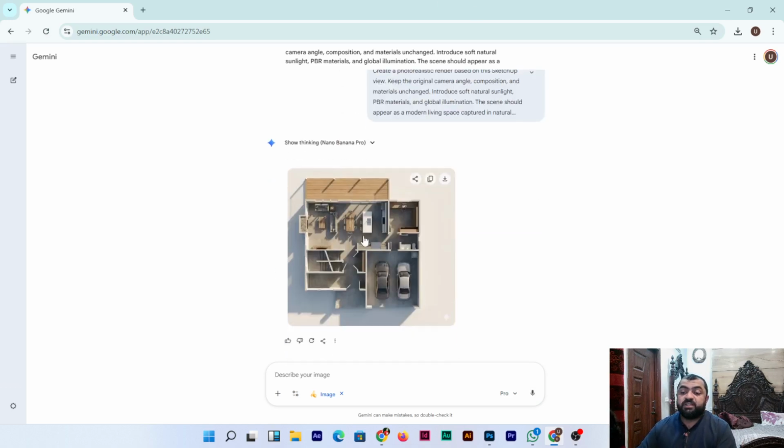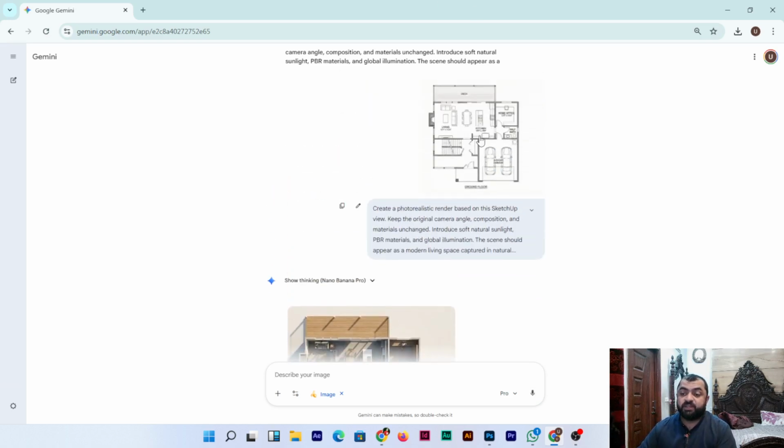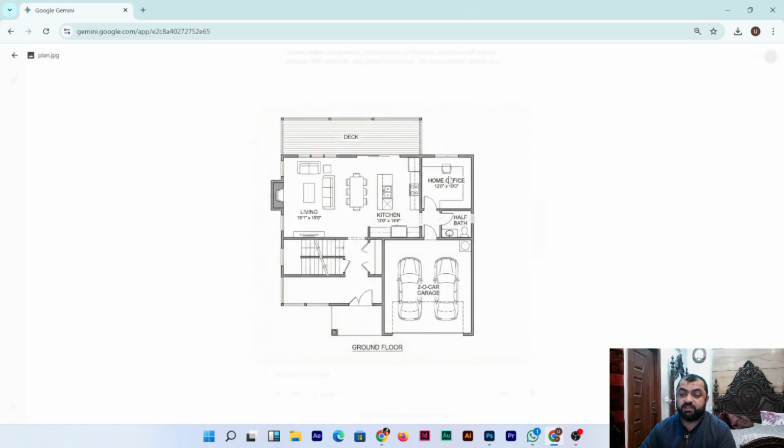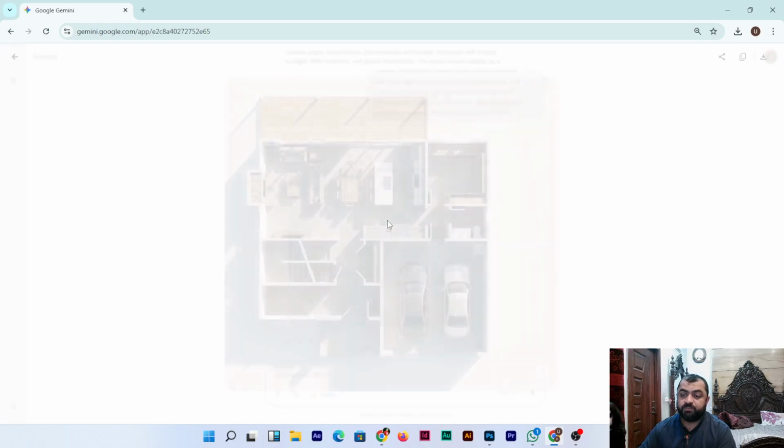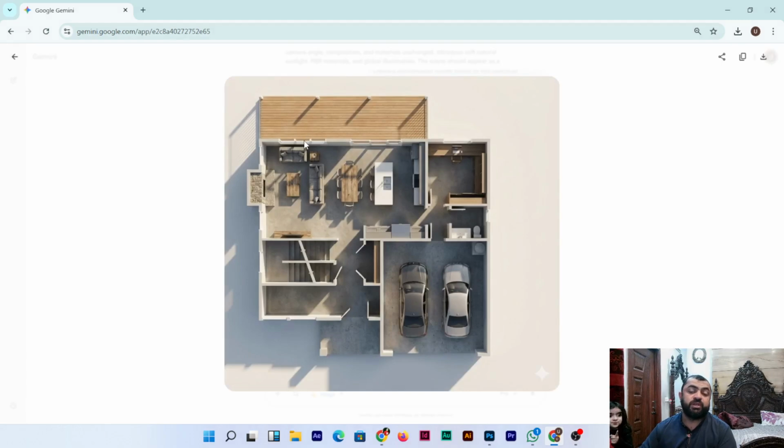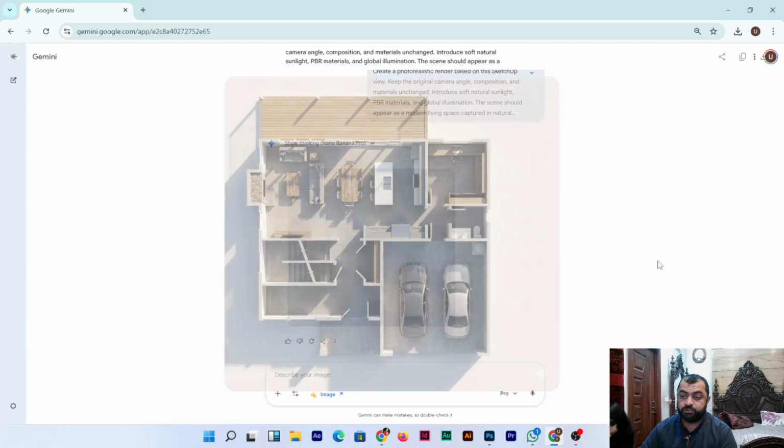And here you can see this is done, and here you can see the comparison. You can see this was the floor plan, and now this one we have transformed into a realistic 3D render. You can see it, like both cars here, and the living room also. See,